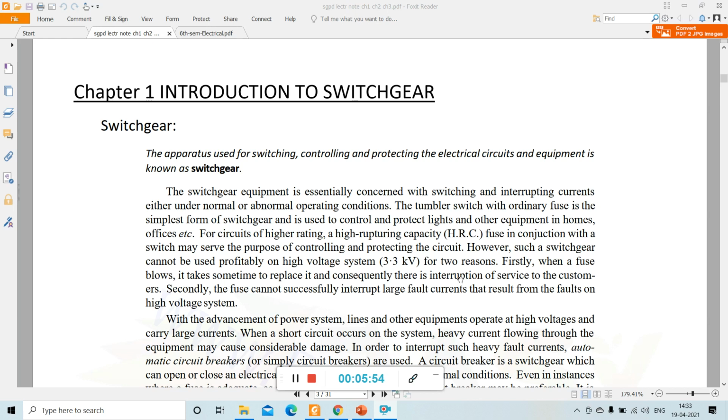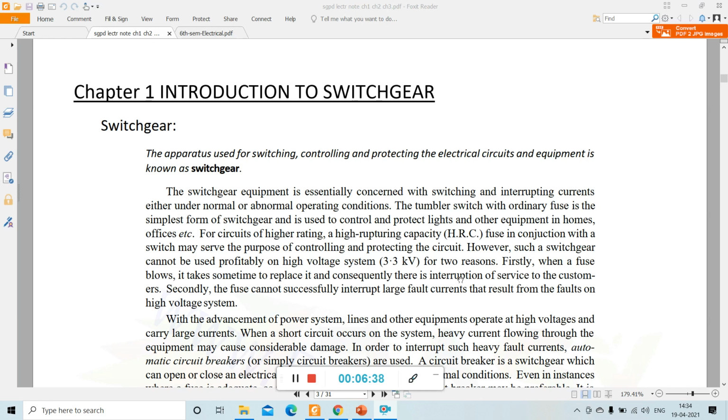You already know about the switch. Whatever switch we use in our home, what is the function of that switch? That switch switches the circuit on or off. That means when we switch on, our circuit is a closed circuit and our operation or application is successfully done. Like when we want to switch on the light, when the switch is on, then the light turns on, and when we switch off the switch, then the light turns off. Okay, so this is basically the function of a switch. But